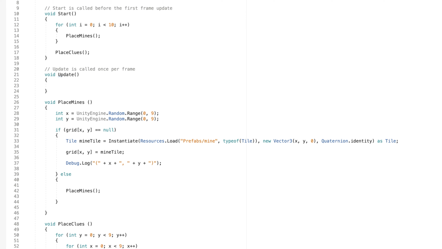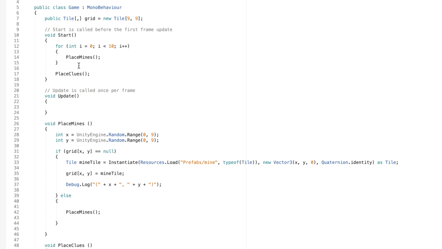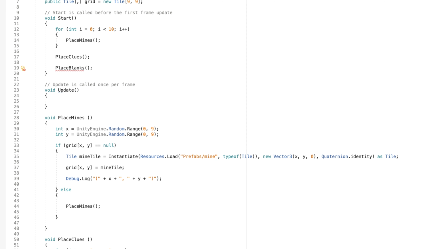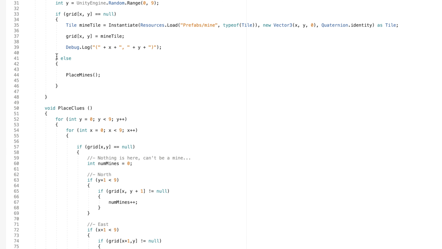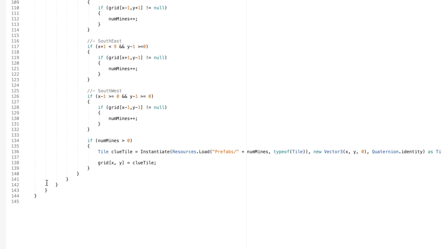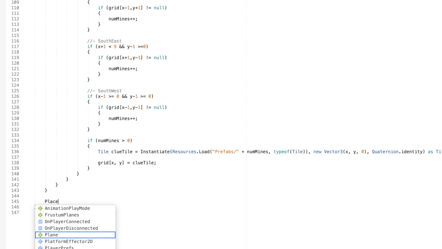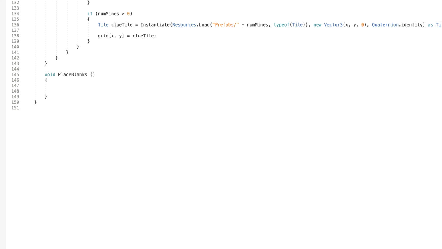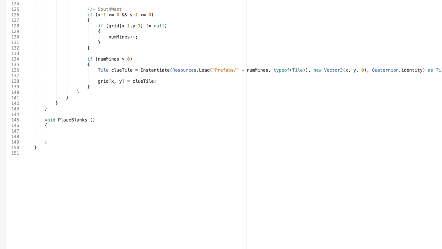Now the next thing that we need to do is actually place our blanks. So let's go ahead and create a method for that, and we're going to place it right after this place clues method. Place blanks. And that is going to be void. Okay. So here